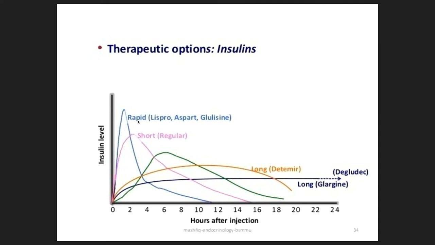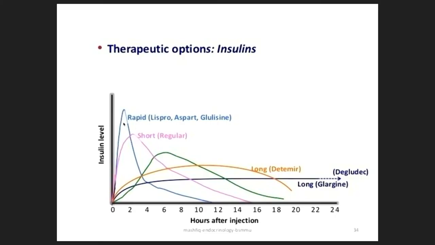The difference between rapid-acting insulin analog and short-acting insulin: rapid-acting will act fast, as the name says, rapid. So it works within 5 to 15 minutes. The patient, before food, or sometimes after finishing the meal, could inject himself or herself with rapid insulin. It will work within 5 to 15 minutes. So this is an advantage.